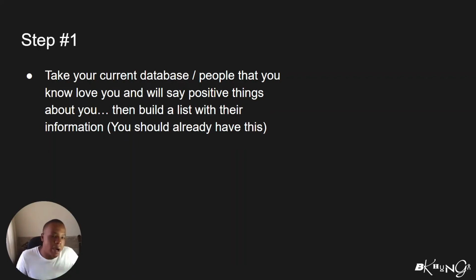This would be like home buyers or home owners that you've helped, either purchase a home or help sell their home. So you should already have this already being built out, and this can even include people whose listings you already have open as well. You might not have already sold their home, but the fact that you've gotten that person as a client, you can even use that.